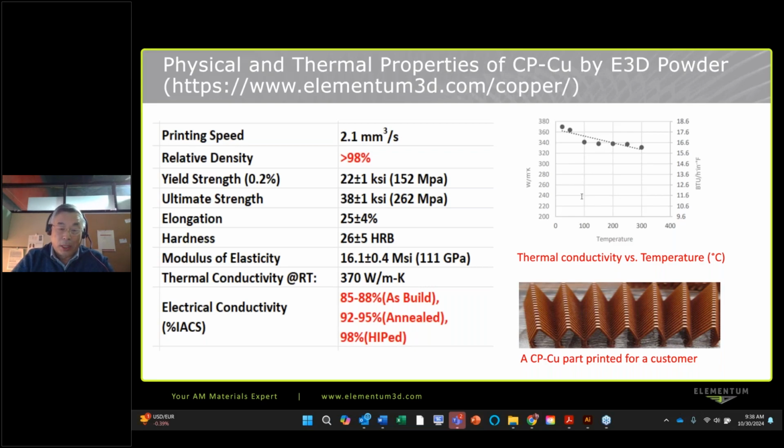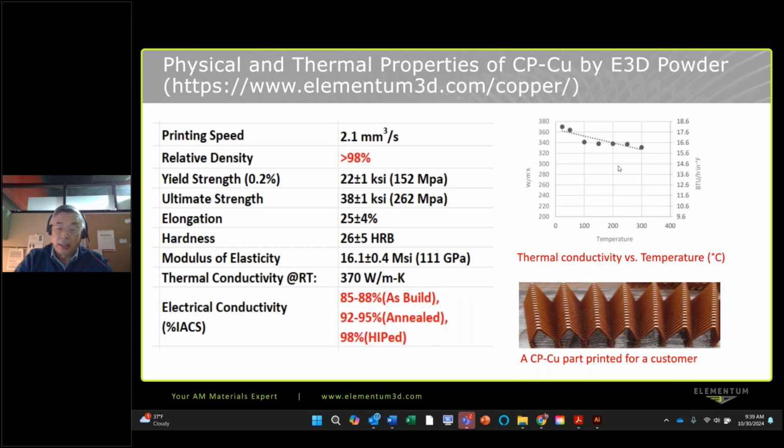And the thermal conductivity is shown here on this table, about 370. We tested multiple samples, and electrical conductivity as printed is about 85 to 88% IACS, and after heat treatment up to 95%. So if your application really needs even higher conductivity, you heat treat it, we found over 98% IACS